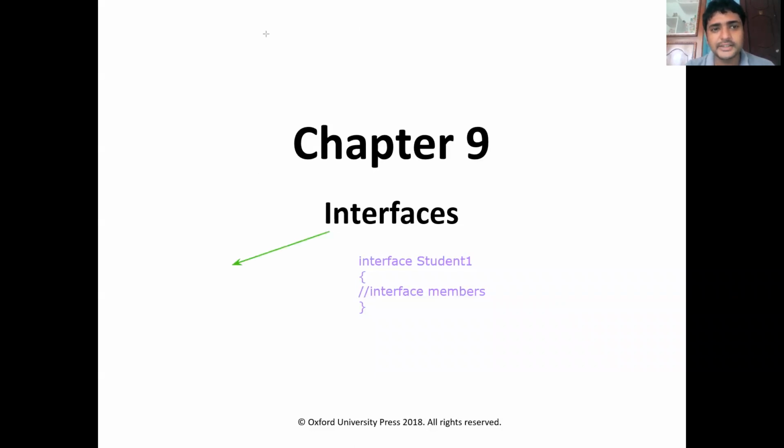First one, interface declaration. Second one, interface implementation. Interface declaration as well as interface implementation. So there are two things.